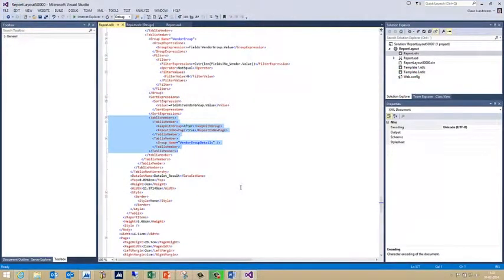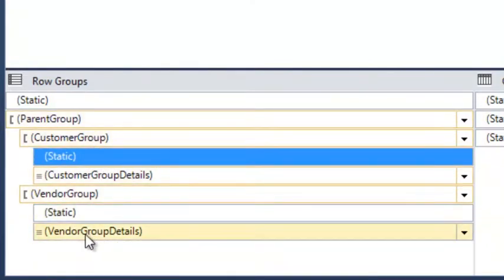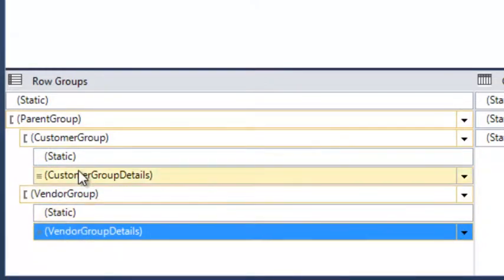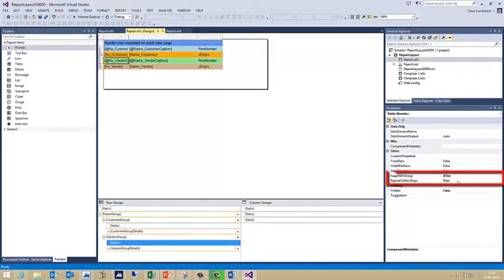So again, back in Visual Studio, I've now copied in my updated XML and removed the unnecessary tablix members and tablix member tags that were not necessary, that Visual Studio created for me unnecessarily. So I've deleted those, and if I now go to the design of my report and I go down to my static row, I see that I only have a static row here for my vendor group, and I have a static group for my customer group, and my vendor group details is now at the same indentation level as the customer details. So my report looks perfect now, and I just want to verify that the static is set to keep a group after and keep repeat on new page, and it is. So my report should work now.